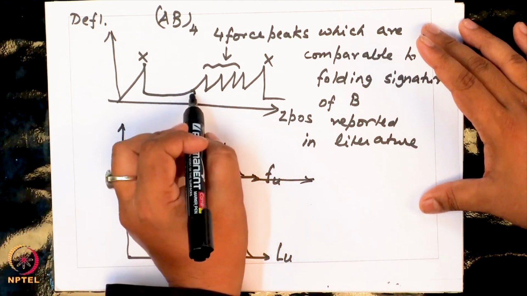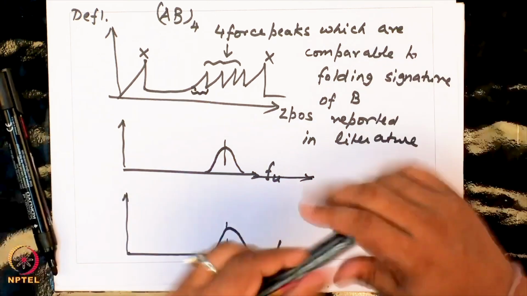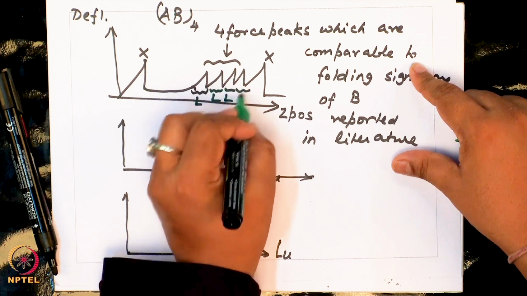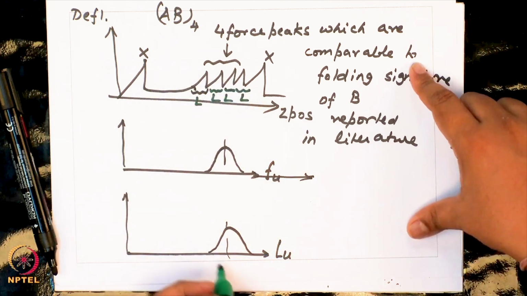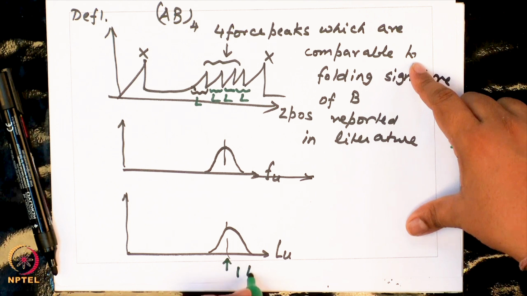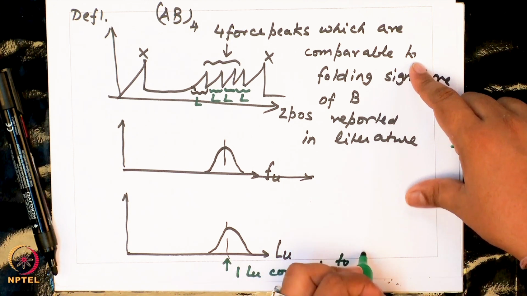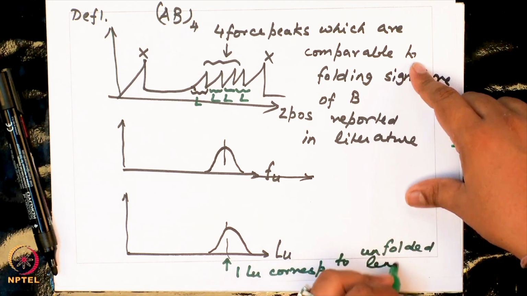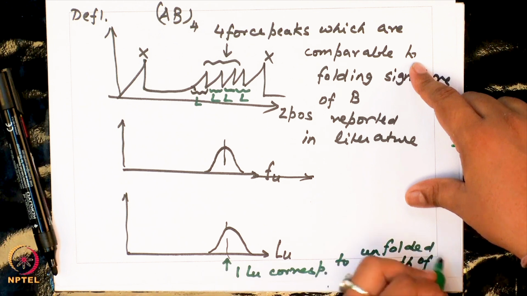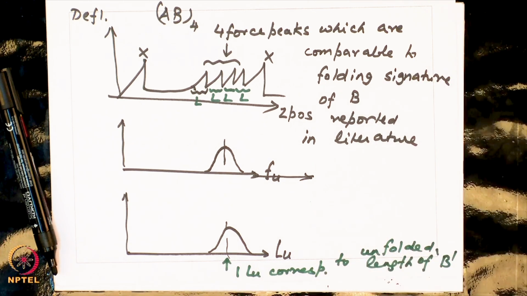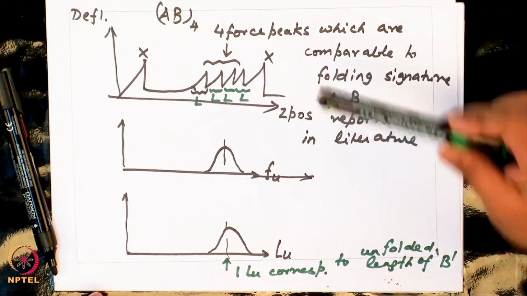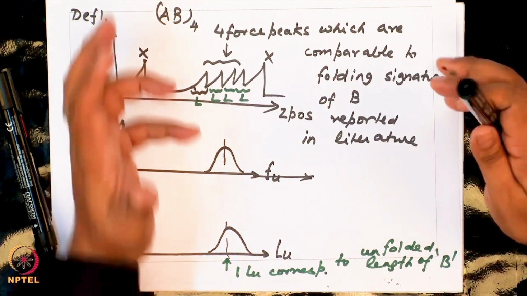Each of these lengths L will fall in this histogram, and you will have one L_u corresponding to the unfolded length of B. Each of these L corresponds to unfolding of one domain of B, which suggests